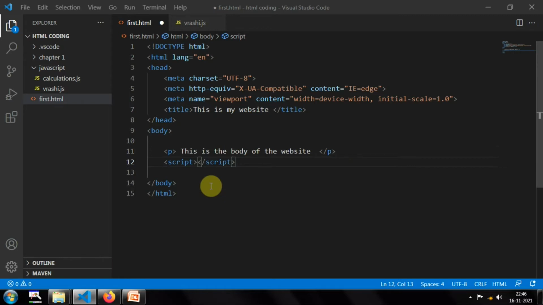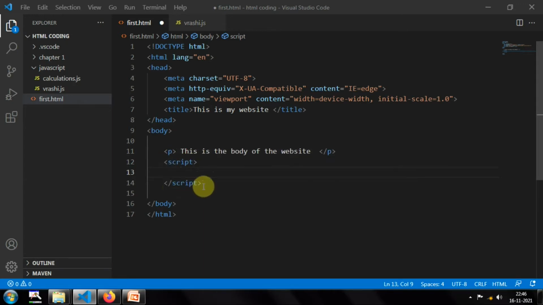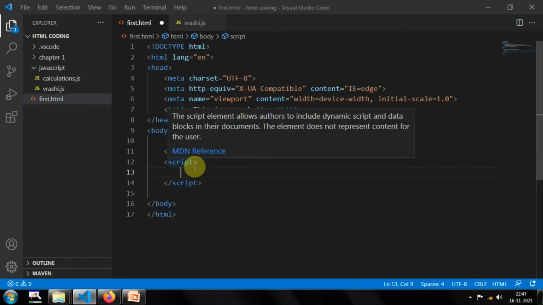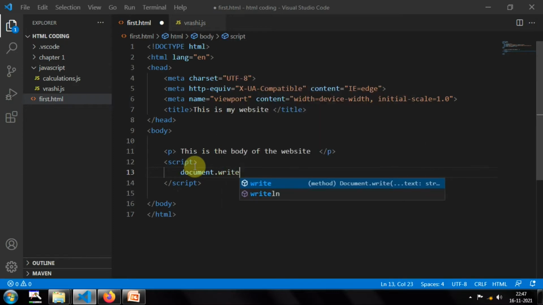First I will show you internal JavaScript. In internal JavaScript we write the script in the body itself. I will write script and hit enter, so that I get the script opening and script closing tags, and in between these two tags I have to write my JavaScript. I can just use a print statement, document.write.